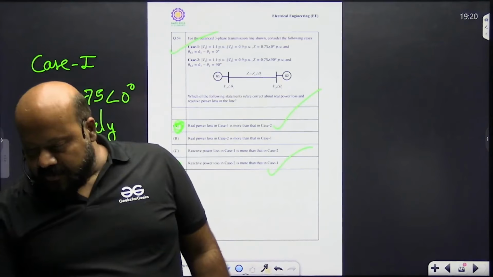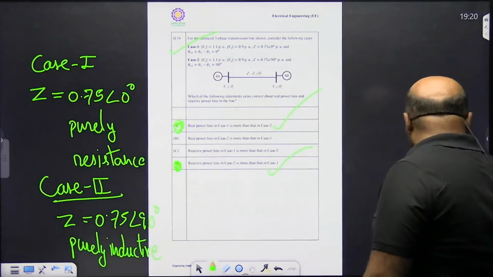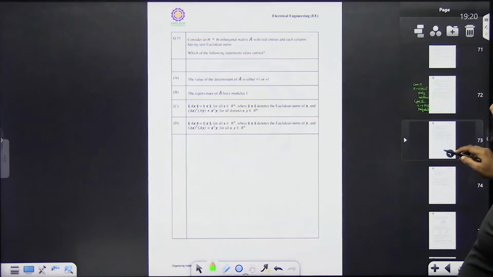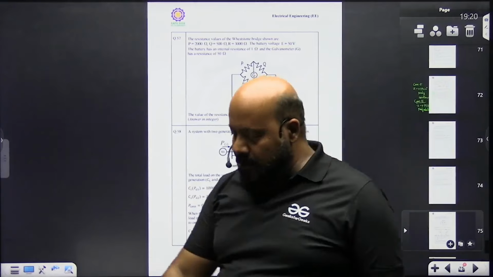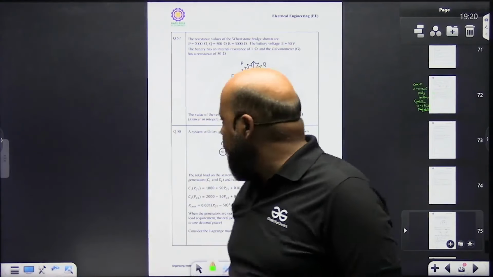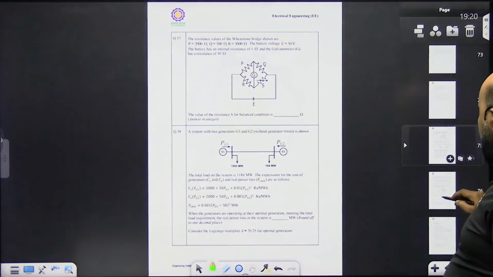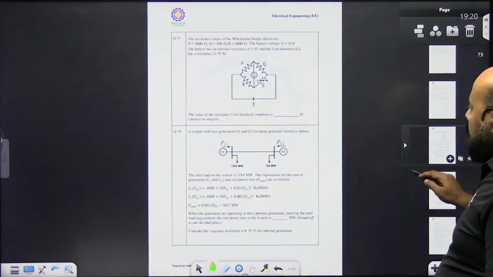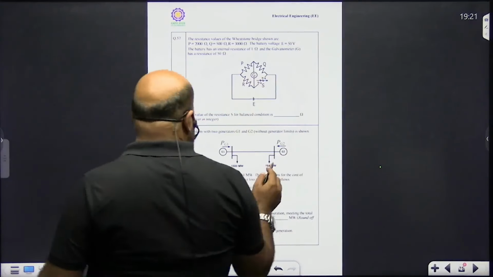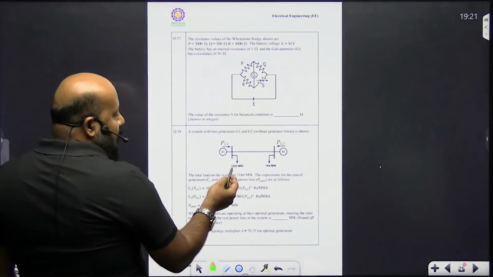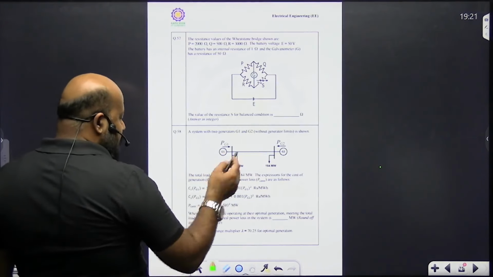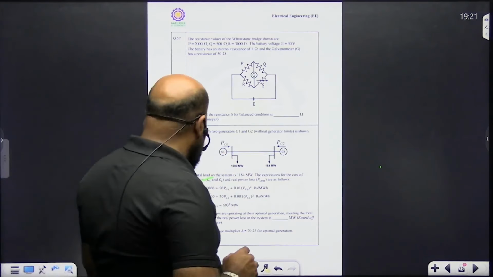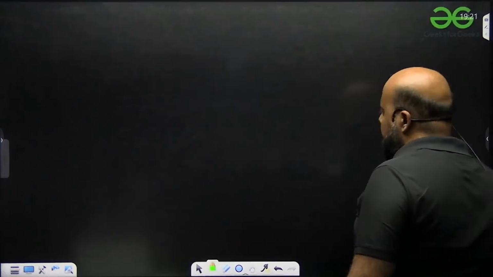नेक्स्ट क्वेश्चन देखो, ये इकोनॉमिक लोड डिस्पैच का बड़ा अच्छा क्वेश्चन है। क्वेश्चन नंबर है 58। इसमें 2 जनरेटर लगे हुए हैं, दोनों पे आपको लोड की टैपिंग दी हुई है 100 मेगावाट 184 मेगावाट, PG1 PG2, और दोनों की कॉस्ट इक्वेशन दे रखी है और लॉसेस भी दे रखे हैं।